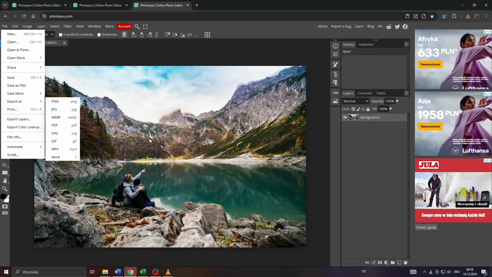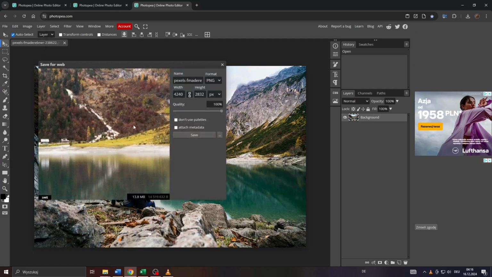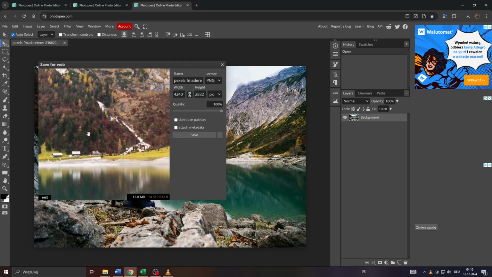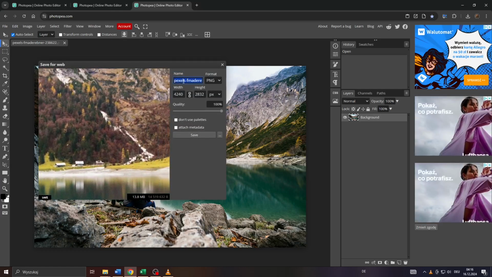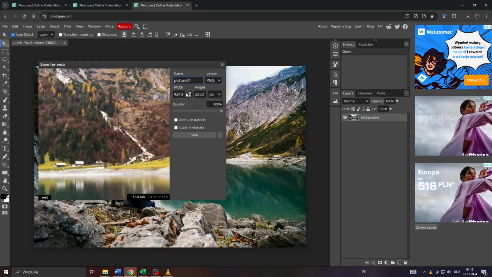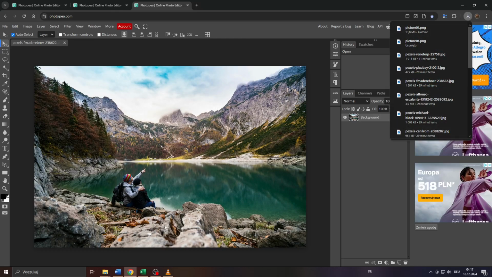of yours. So what you want to do, guys, let us go for example with PNG file format for demonstration purposes. Click on it and this is going to open up that window here. Here you will be given the opportunity to give your photo or image a name here, so do that. You can also adjust the output resolution, height and width for example, and also the image or photo quality by moving that slider here. And simply confirm by clicking on that button here, wait for the download to be finished,